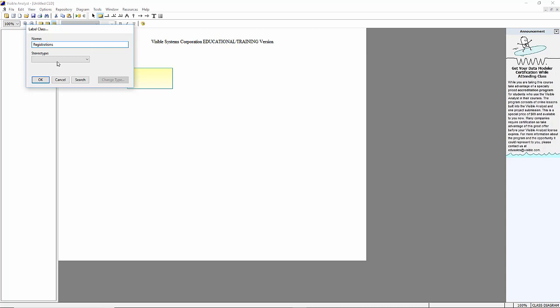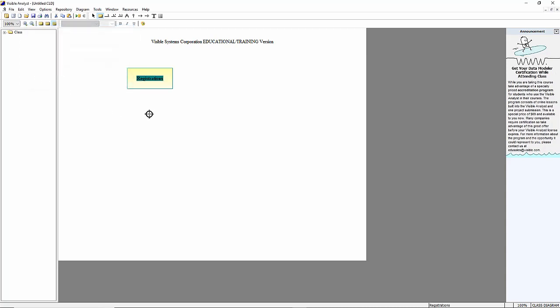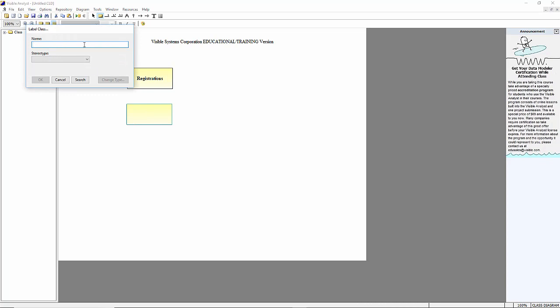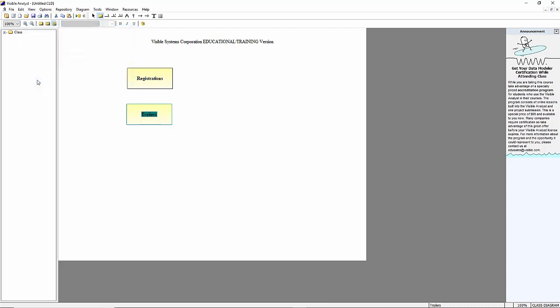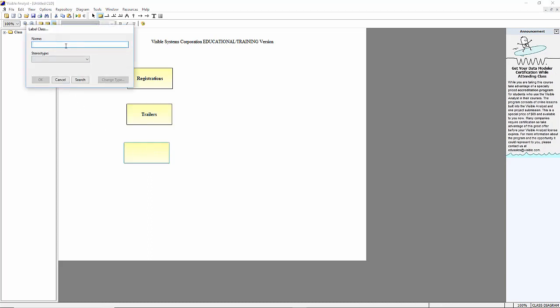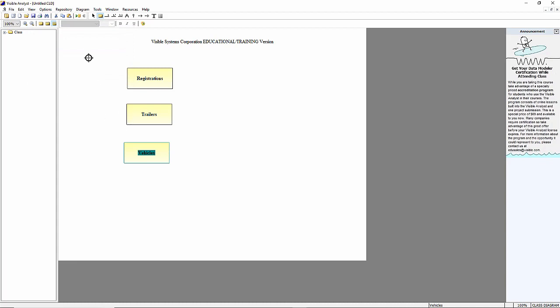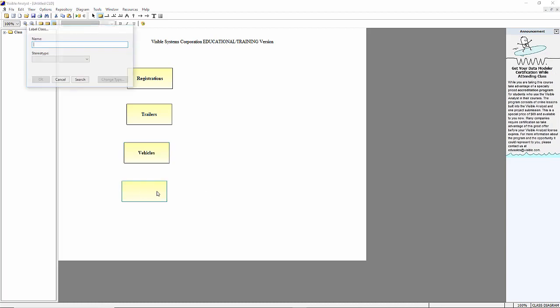You can call this first one Registrations, and you can say OK, and then draw another one, and we'll call this Trailers, and we'll say OK, and then draw up another one, and we'll call this Vehicles, and we'll say OK, and then let's get a fourth one. We'll call this Trucks. Beneath Vehicles, we'll just say Trucks,